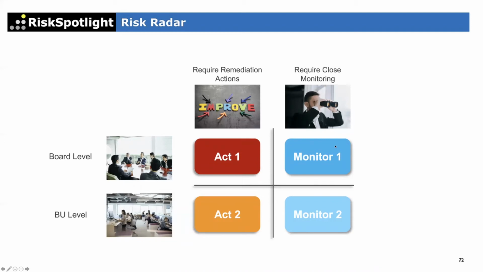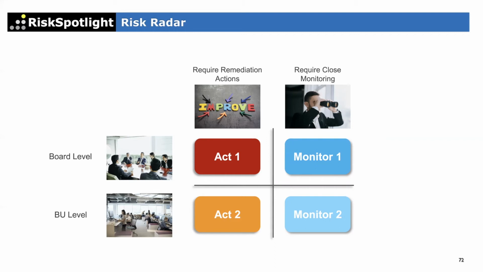So we just want those risks on the radar of the board from a monitoring perspective. We're not expecting them to do anything, but we just want them to be aware, because something about that risk is changing so quickly that we don't want the board to be surprised and say, oh, why didn't you include that in the last risk committee report, for example? Okay, so from an escalation perspective, those are the two dimensions you want to think about.